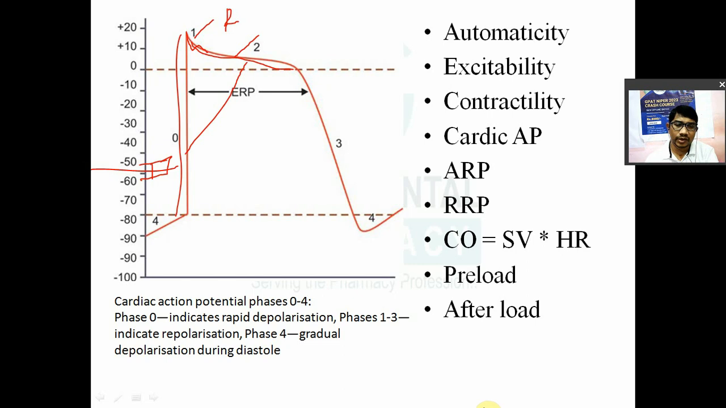So phase 0 is quick depolarization, phase 1 is quick repolarization, phase 2 is continuous depolarization for a short period, known as the plateau level, and then phase 3 is known as the repolarization phase. Phase 3 is because of the stoppage of calcium ion entry and removal of potassium. So the calcium that was going inside in phase 2 will stop entering, and potassium will start coming out. Potassium will leak out from the cell